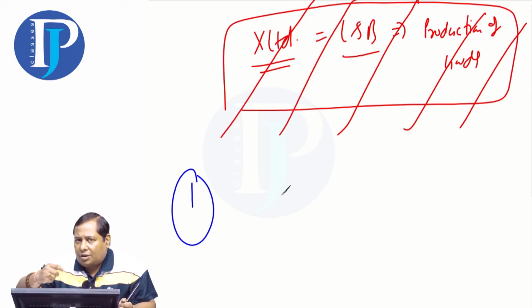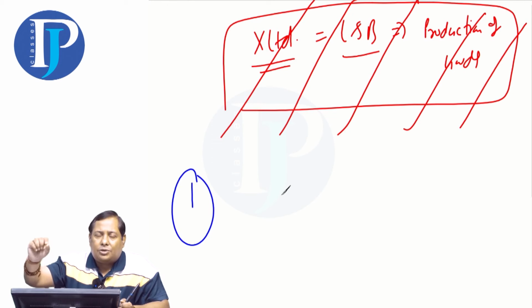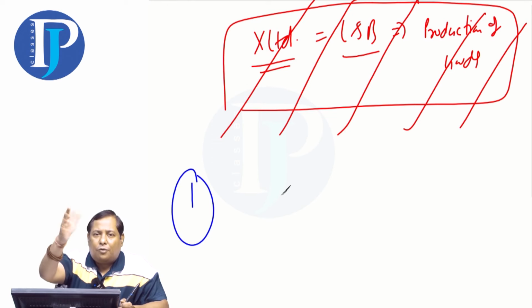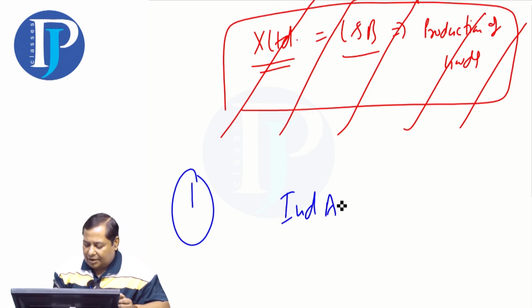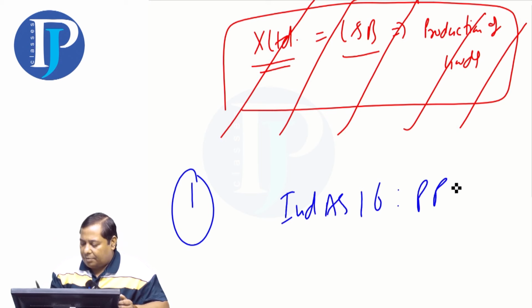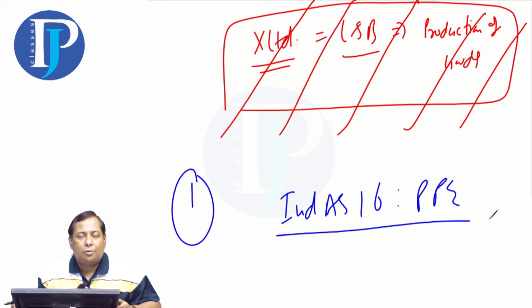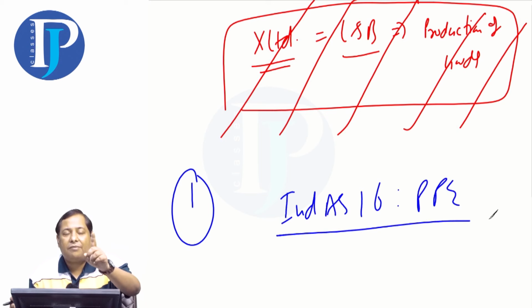If any land and building is being used in your normal course of business while producing the goods or supplying the services, so that's not your investment property. It will be classified under Ind AS 16. What will come? Ind AS 16, PPE. Property, plant, equipment come under your tangible fixed assets heading, not in investment property. It's not generating any income, you are just using it within your profession and within your business.